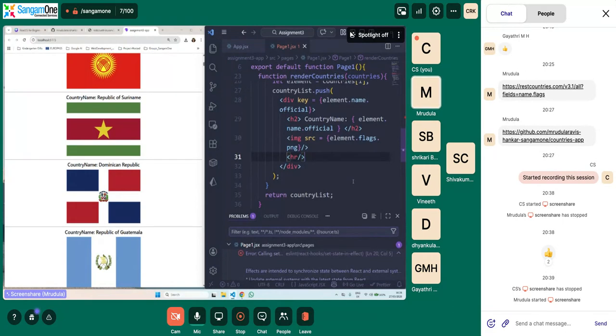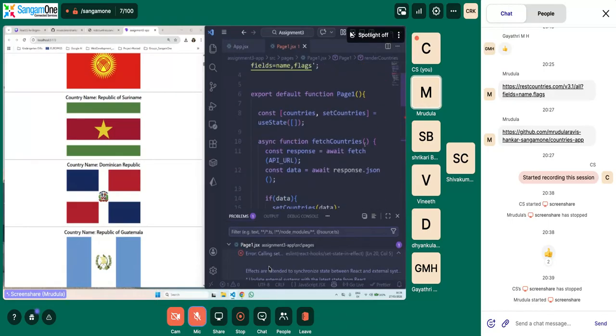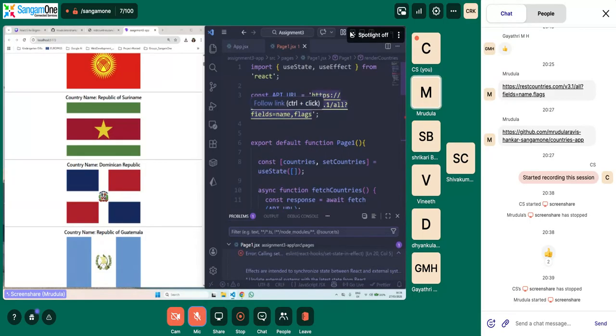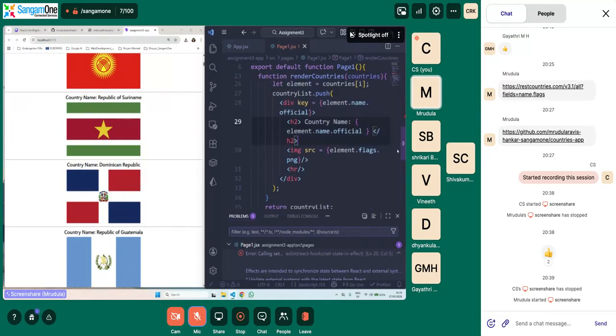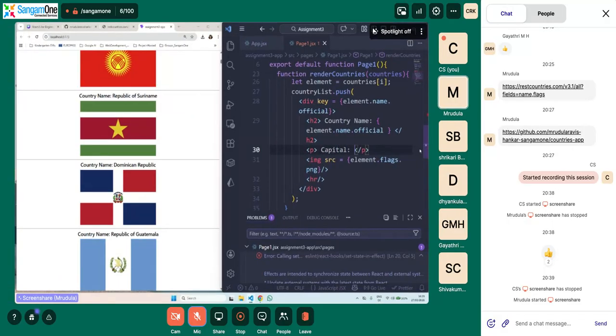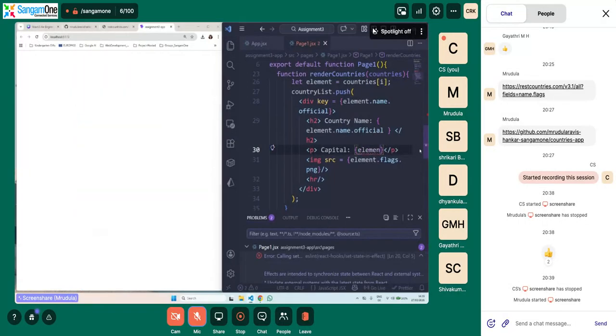Now say you want the capital of this country. We have just name and flags here, so we add comma capital and save it. After the H2 element, we will add a paragraph element saying capital, and then element dot.